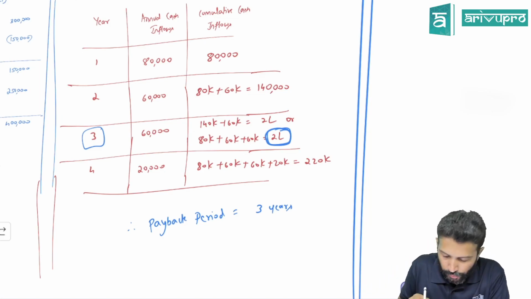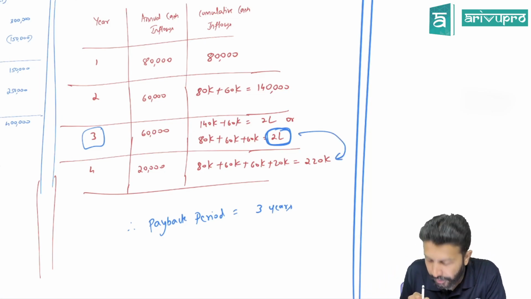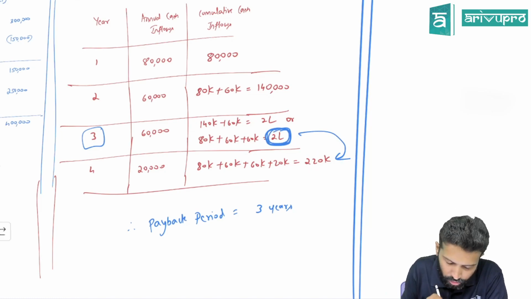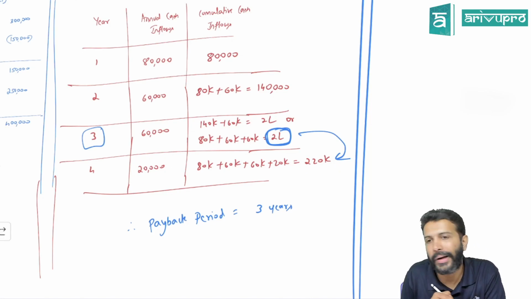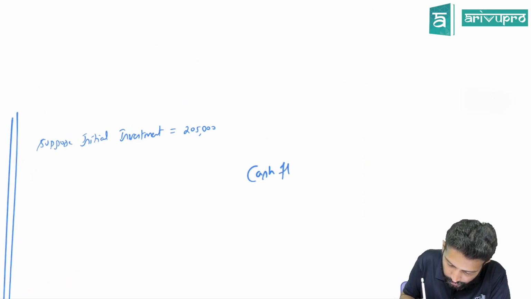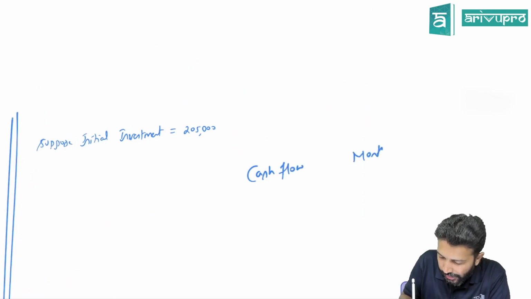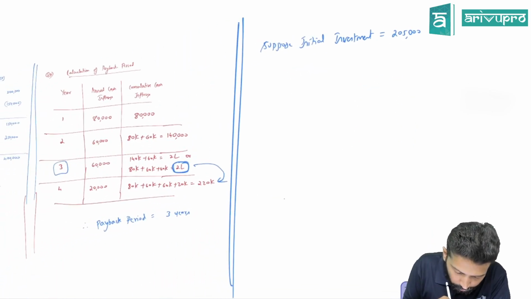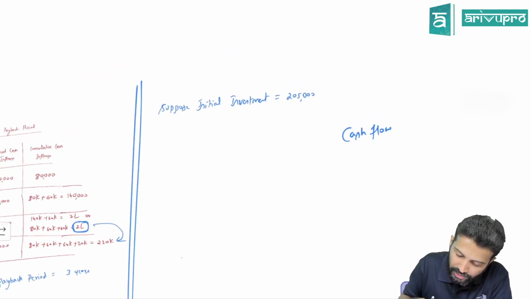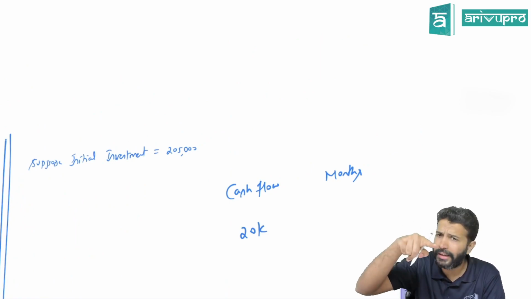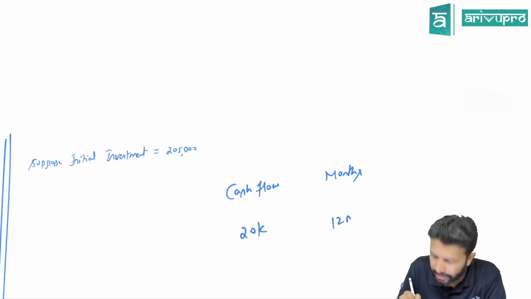Okay. So from third year, you went to fourth year. Cumulative cash flow from 2 lakh became how much? 220, because you earned how much in the fourth year? 20,000. I'll not take it in years because this could spell out in months as she mentioned. Rather, from 2 lakh it became 220, meaning the cash flow you have earned is 20,000. This is the cash flow for the whole year. Whole year means it is 12 months.